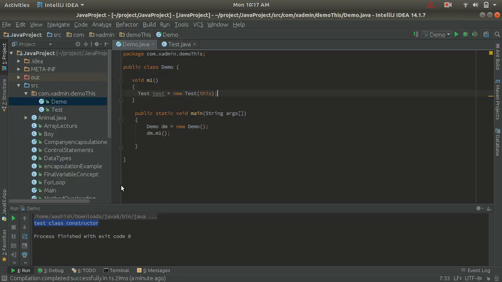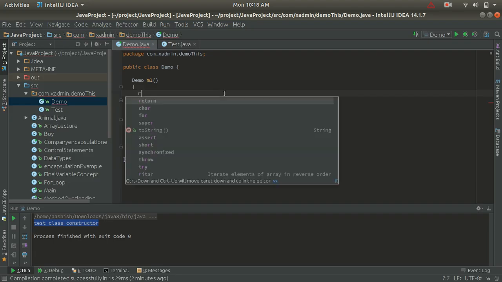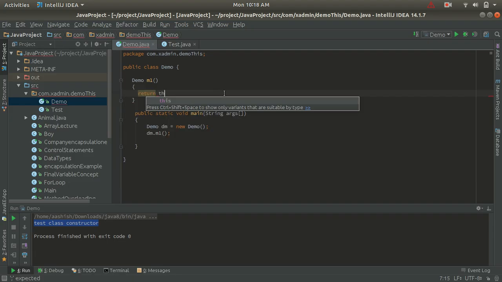So let's go to our IDE. Here we have a demo class and an m1 method, but it is of void type. Now I'm going to change it to demo type because I want to return the current class reference, and inside the m1 method I will write return this.